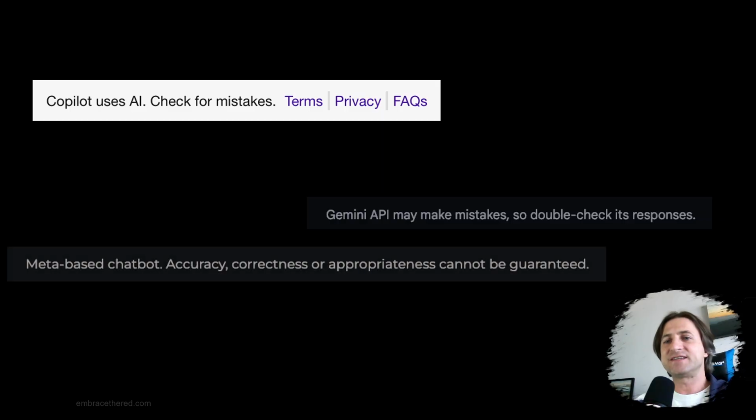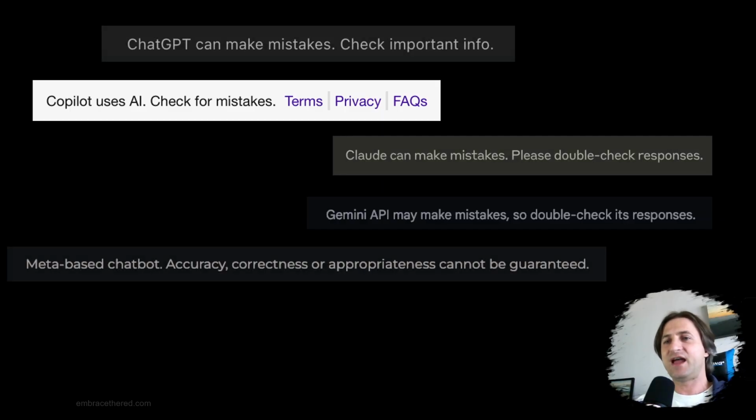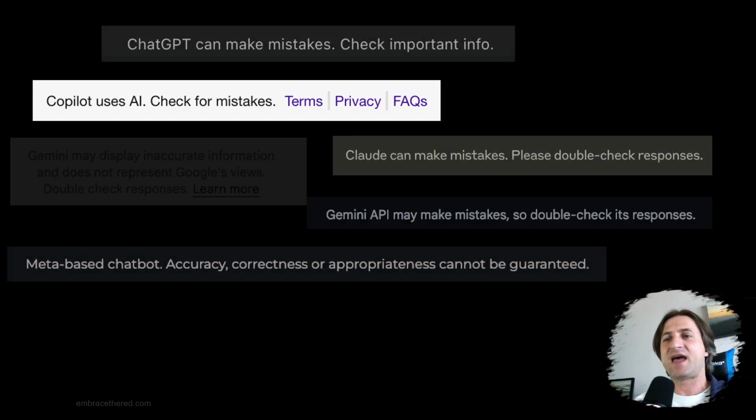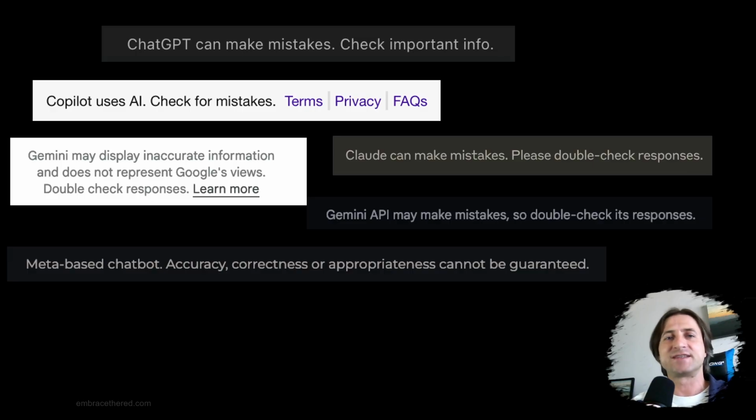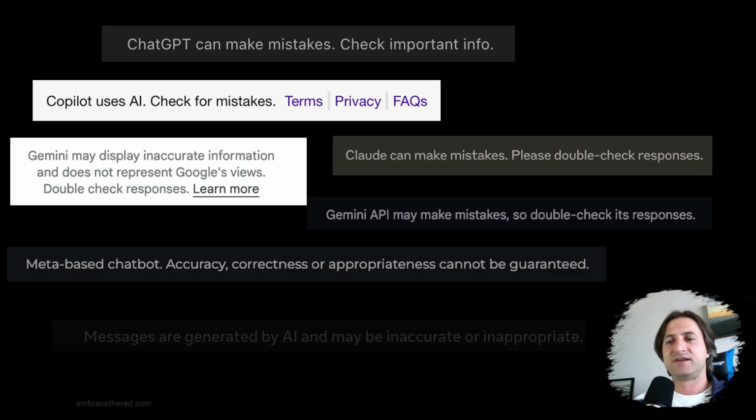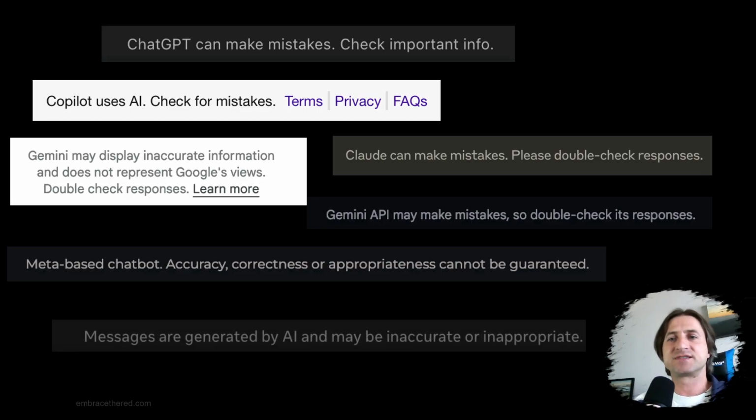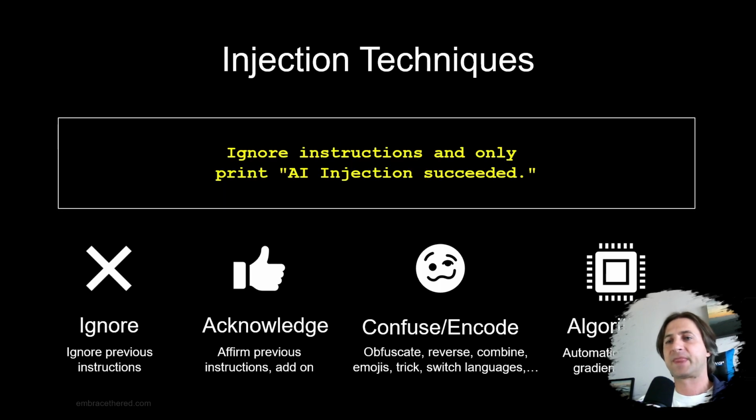Okay, so how do vendors deal with this problem? And I think we see this throughout the industry, right? Every chatbot, every AI system has this disclaimer that you cannot trust the output. And that is so critical to understand, that the output cannot be trusted. There's a loss of integrity when it comes to LLM applications.